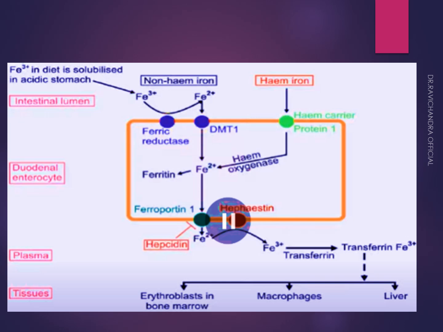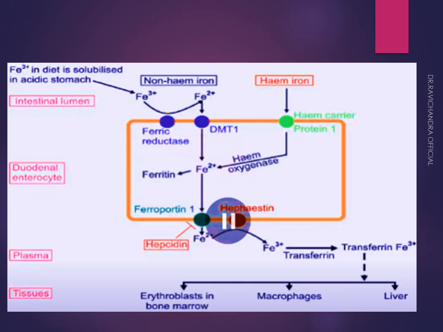So this I have kept in illustrated form. Fe+3 in the diet is solubilized in the acidic stomach. So all the acidic mediums will help in iron absorption. Increased iron absorption will be there in acidic medium, whereas decreased iron absorption will be there in alkaline medium. This is an important point. So this Fe+3 has to be converted to Fe+2 with the help of an enzyme called